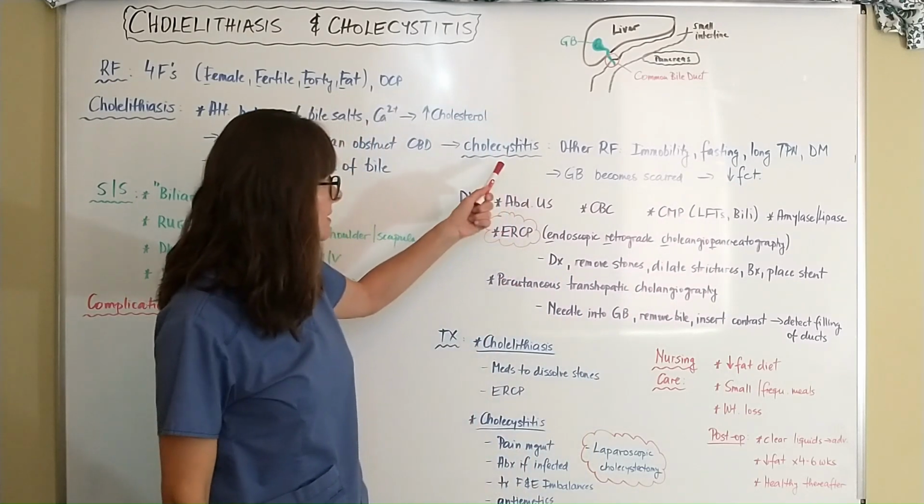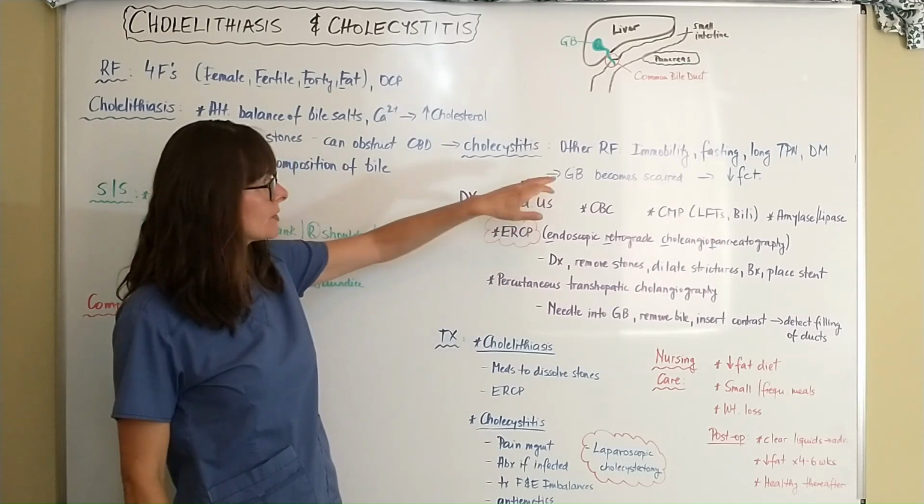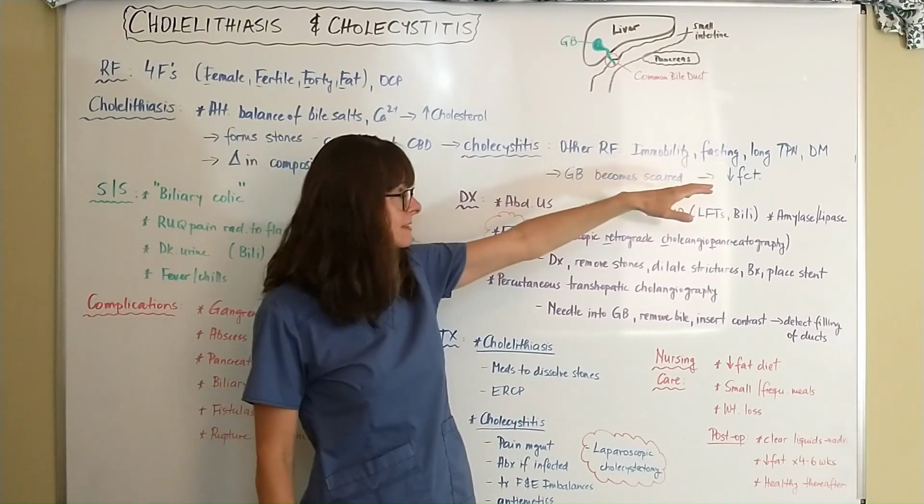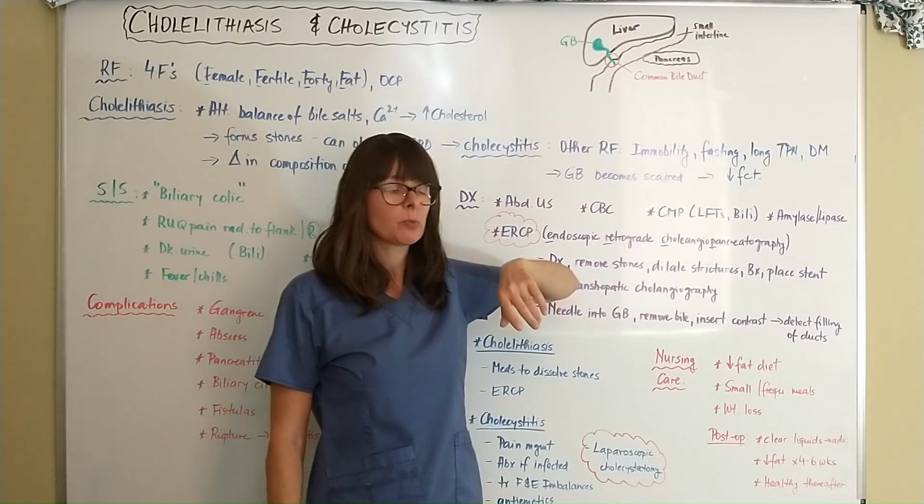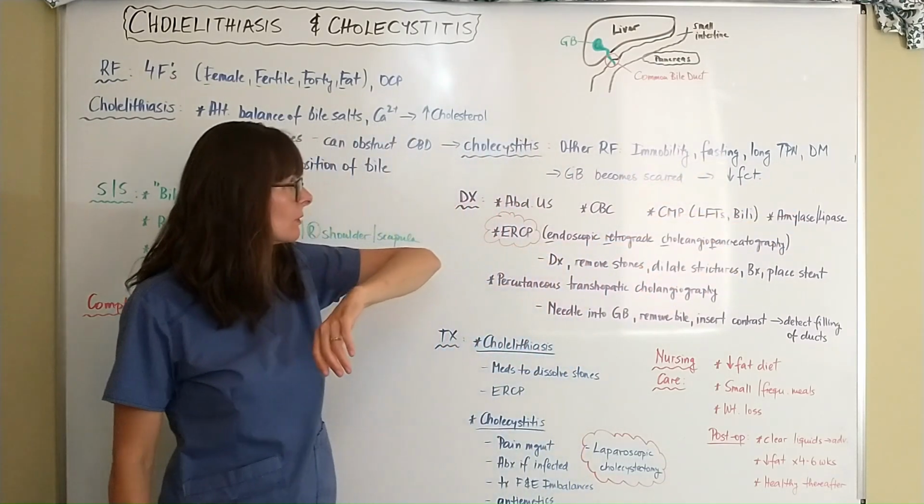And then for cholecystitis, so the actual inflamed gallbladder, other risk factors include immobility, prolonged periods of fasting, as well as patients who are on TPN for prolonged periods of time, and diabetes. And once the